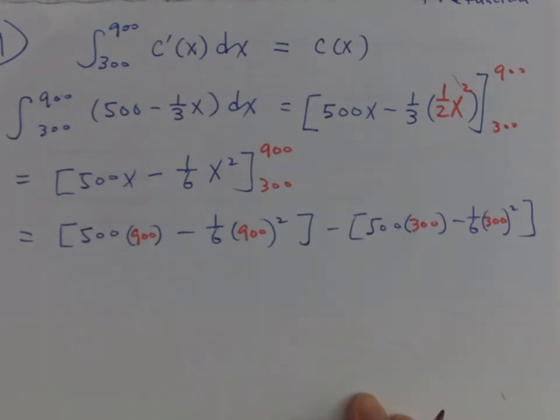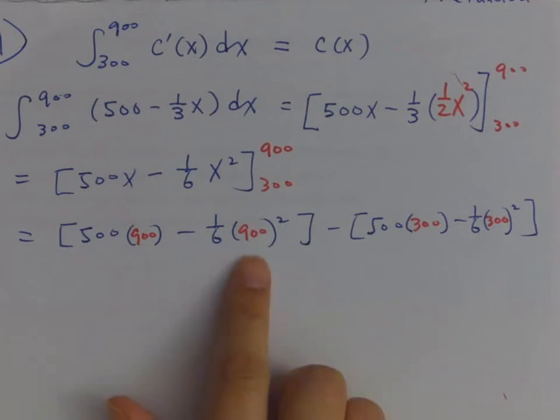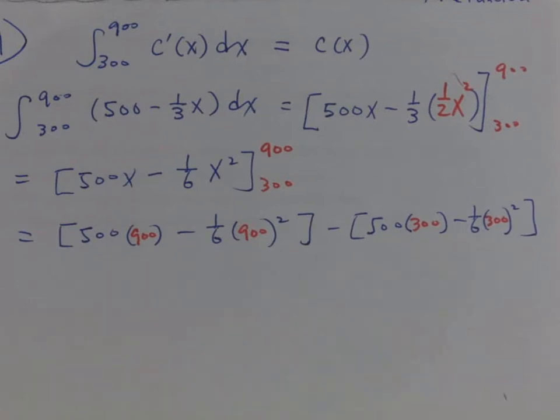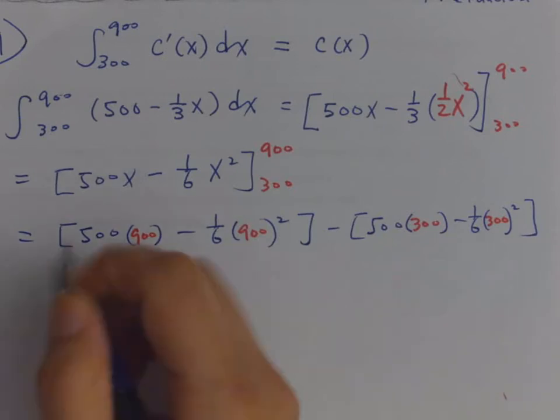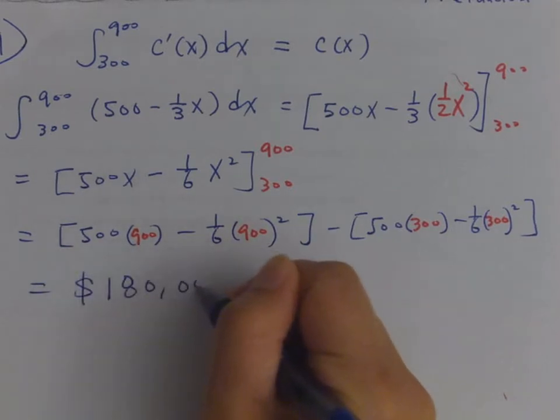Alright, so you can use the calculator. Let me double check my steps. You should get 180,000,